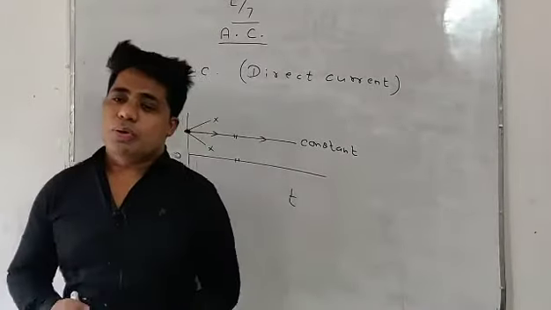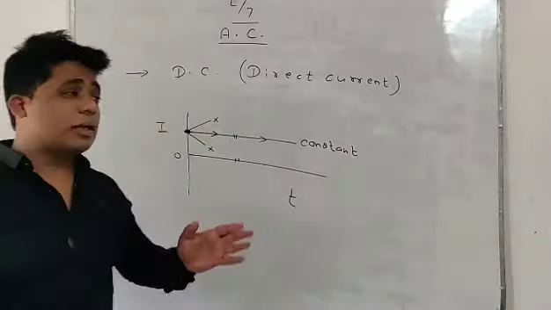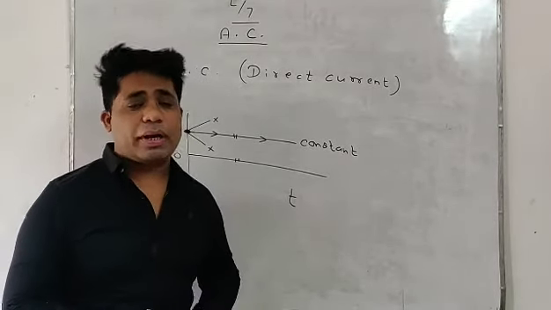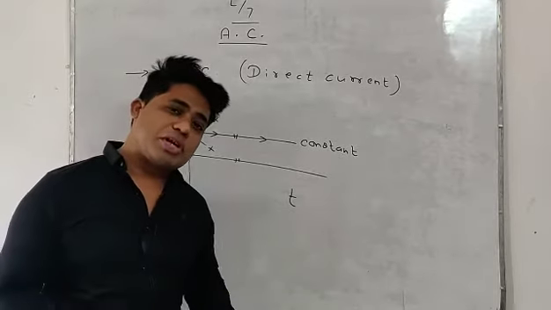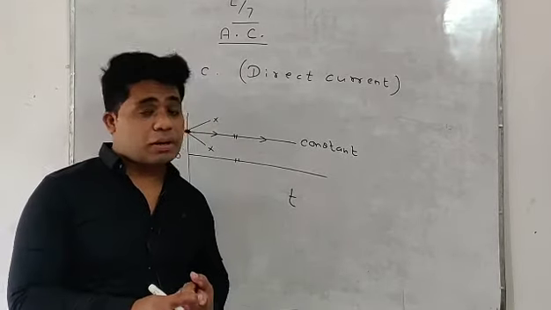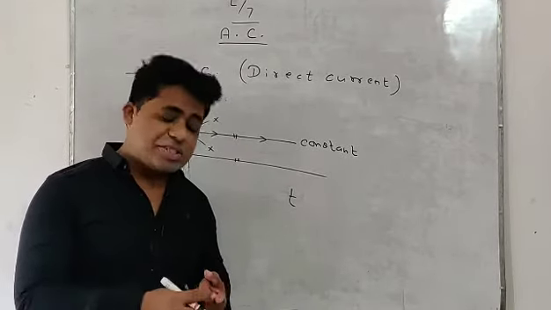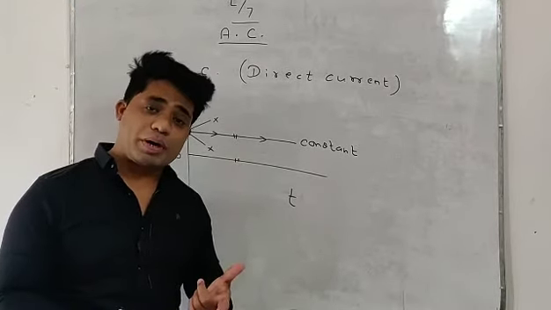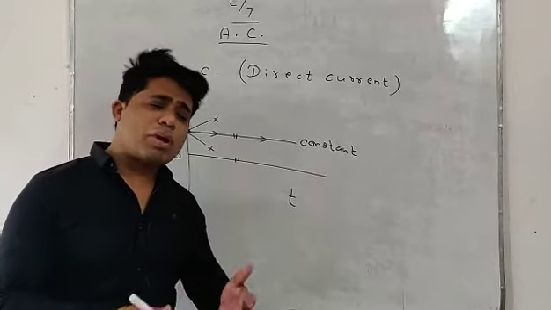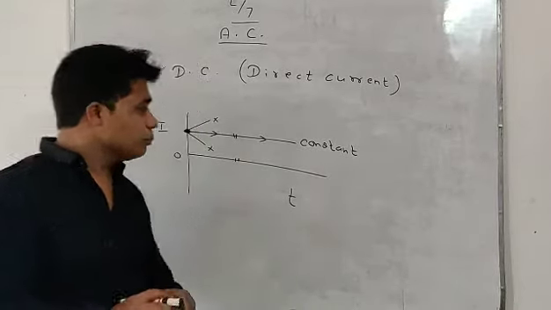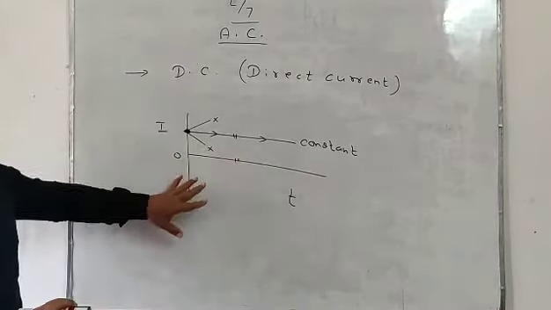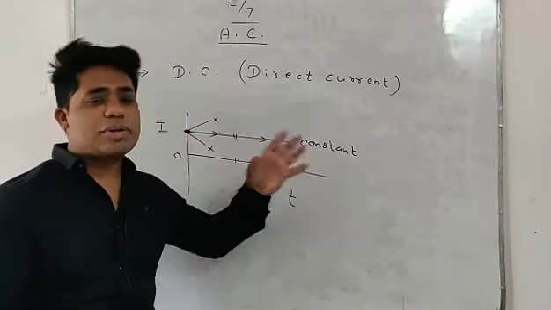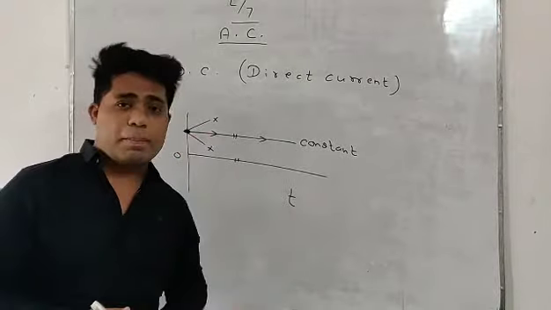Direct current is used in toys that are operated by cells or batteries. A simple example is the DC generator, which produces direct current. Another is the pencil cell. Battery operated toys, battery operated remotes and other electrical devices work on DC current, in which the current does not change its direction or magnitude. It remains constant throughout time.